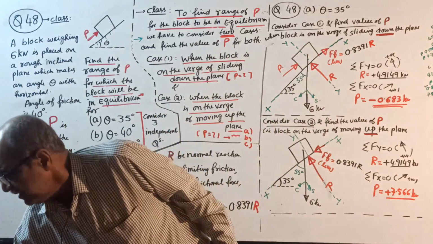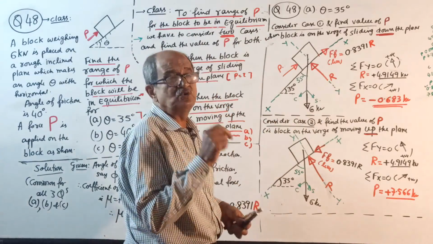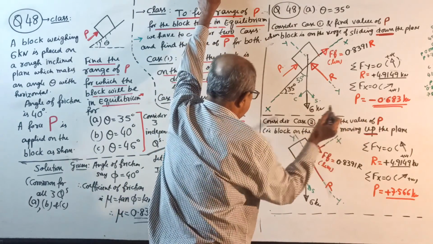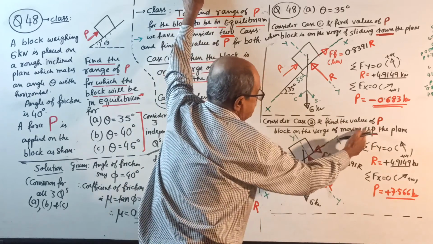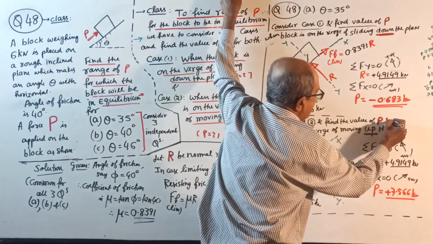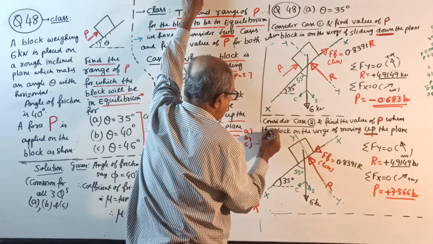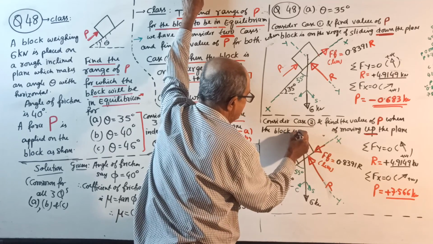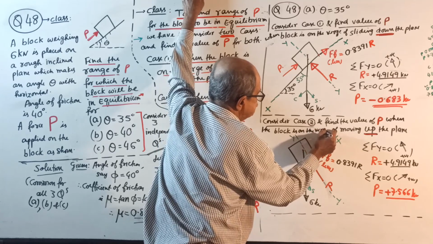Okay, then, this is case 1. See, every problem twice you have to solve. Now consider case 2 and find the value of P when the block is on the verge of